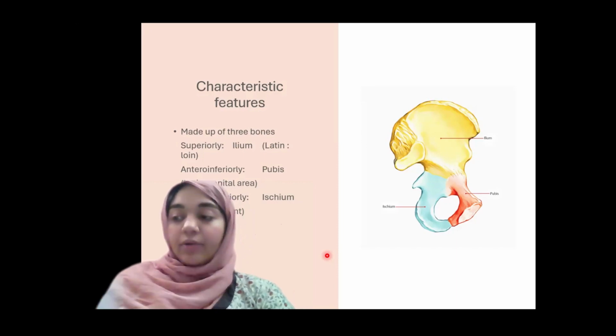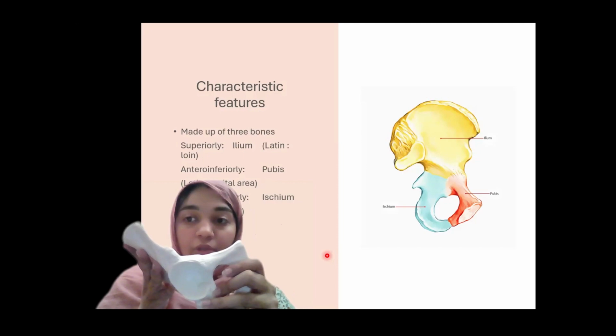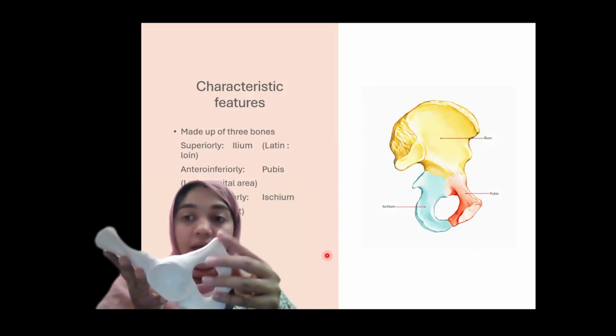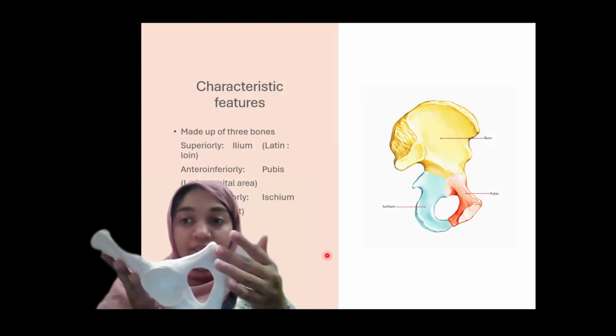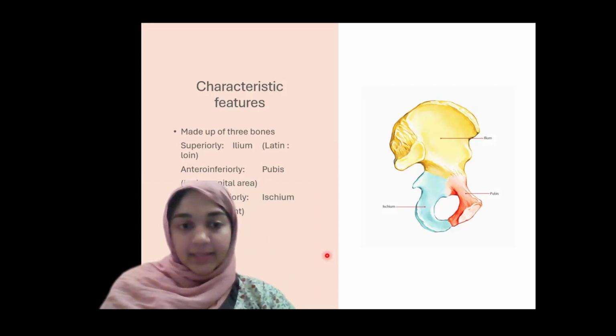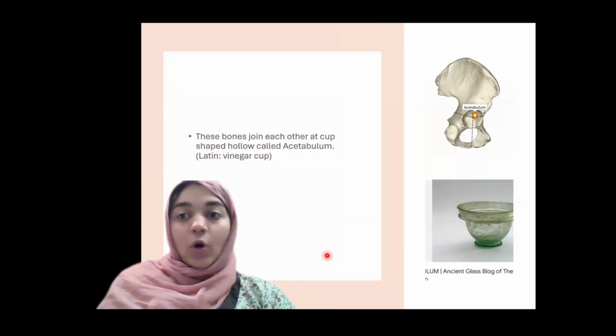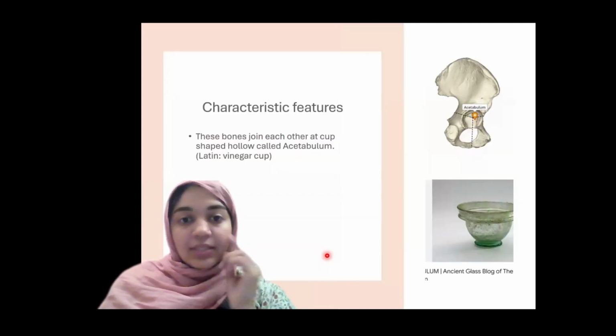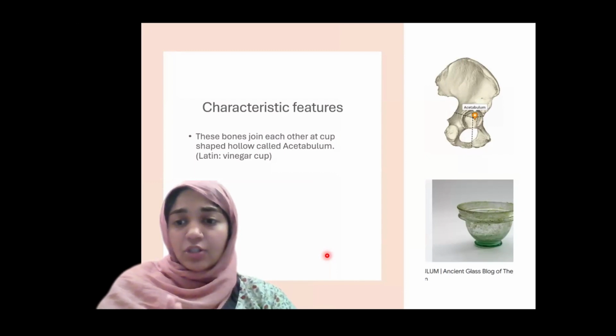So you should know how to hold the bone. You're supposed to hold the bone like this, and then another bone from the other side joins this bone at the pubic symphysis. I'll show that to you in the later slides. So we have three bones that are making up the hip bone. In this lecture today, we're going to quickly cover the ilium bone. Only the osteology, no attachments yet. So, characteristic features of this bone.